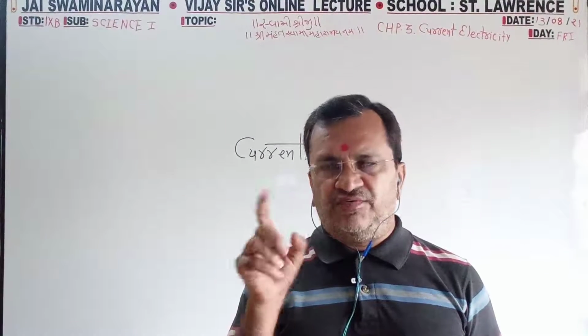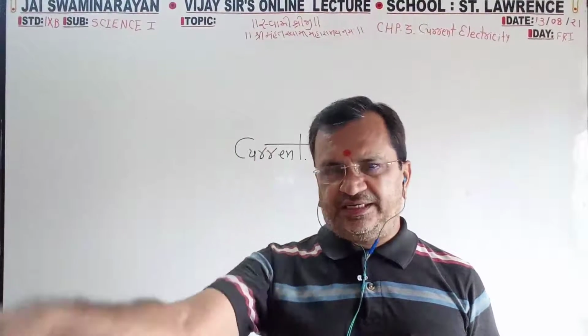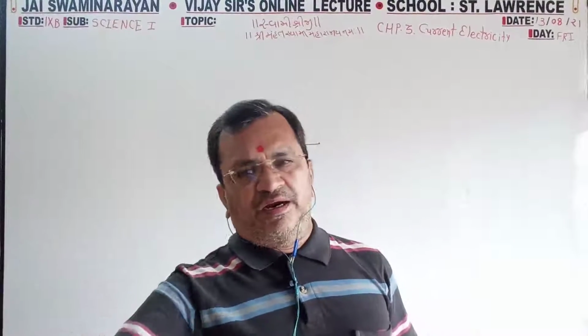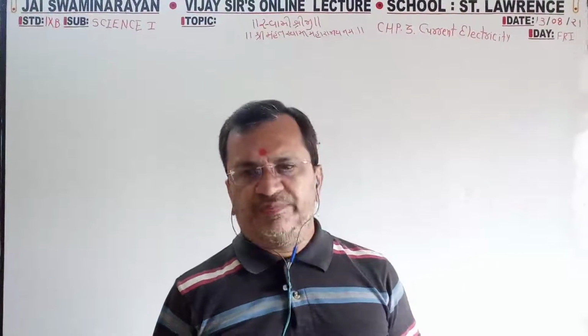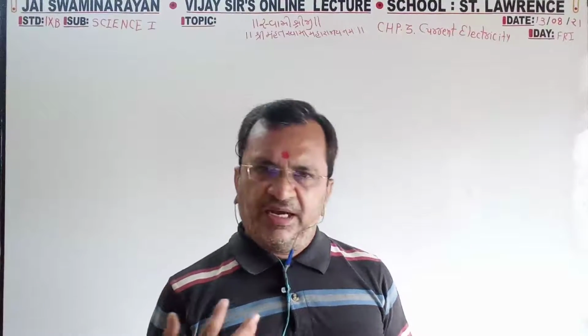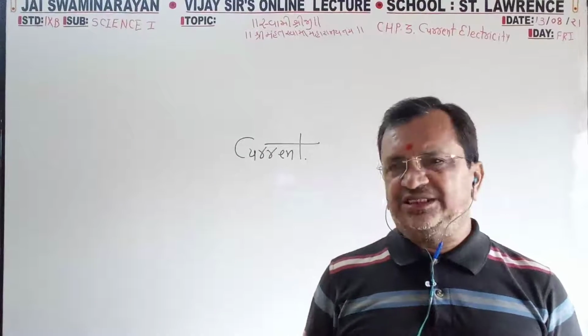If more current passes through the gadget or the metal that is directly connected to the earth, the excess current will directly go to the earth, and it is a big mass, it will not get a jerk, and we will also not get a current. So forget that, that is a last point.